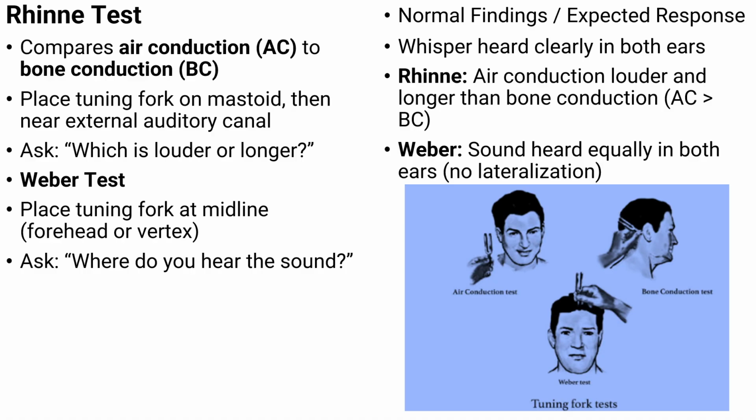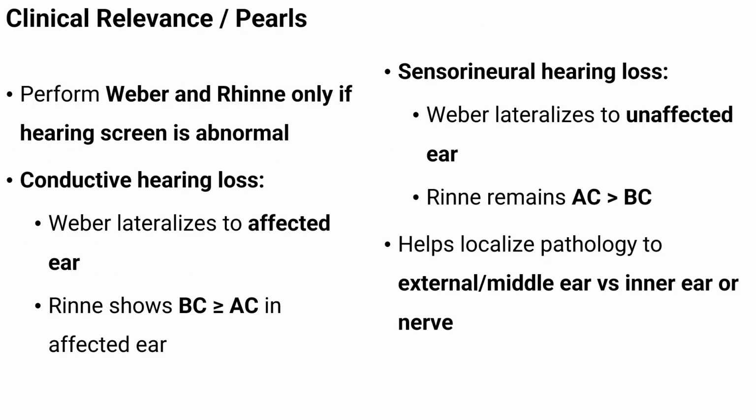Next, perform the Weber test by placing the tuning fork at the midline of the forehead or vertex. Ask the patient where they hear the sound best. This helps determine whether sound is being perceived symmetrically or is lateralized to one side. In a normal examination, whispered sounds are heard clearly in both ears. Air conduction is louder and longer than bone conduction on the Rinne test, and the Weber test does not lateralize